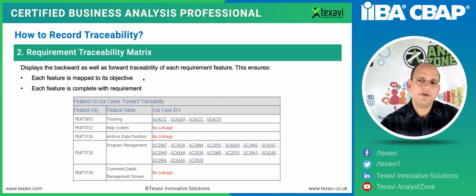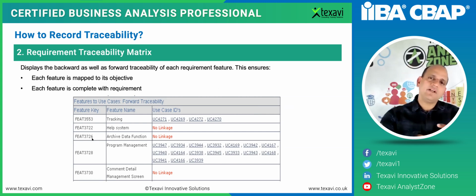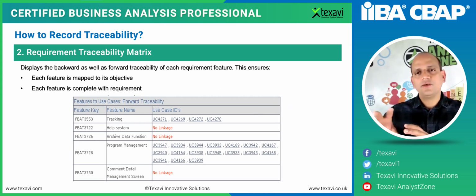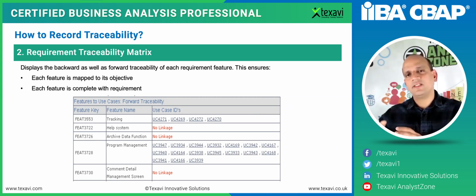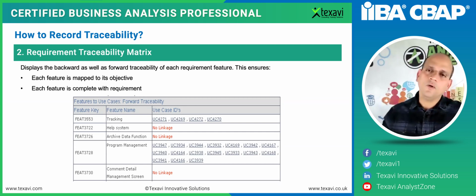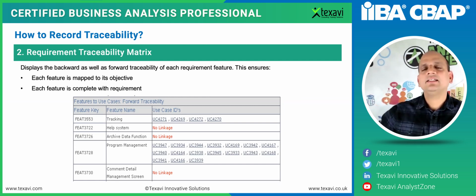So the whole idea when we talk about this kind of matrix, RTM, requirement traceability matrix, is that we need to make sure there is complete traceability forward and backward. That means each need of the stakeholder is mapped to a feature of the product, and that feature of the product is mapped to the user story that we've got. Then each user story is further mapped into the design documents or design code, from there the code, from there into the test cases, and then finally the build that was developed and deployed. So we've got build version